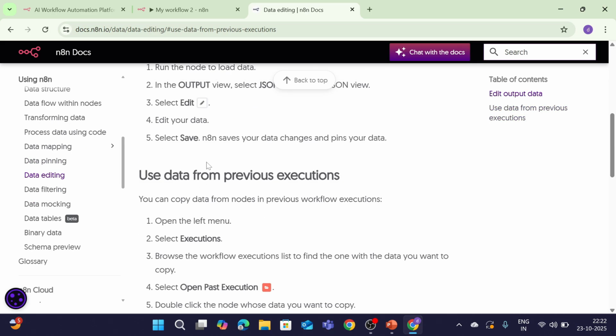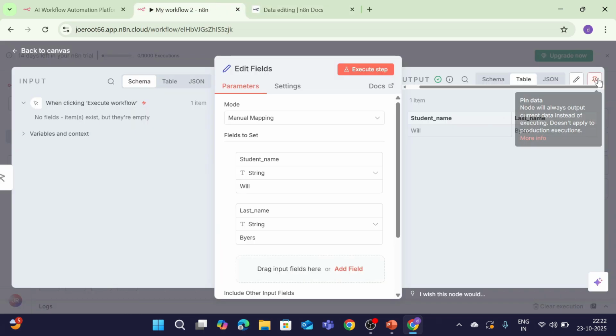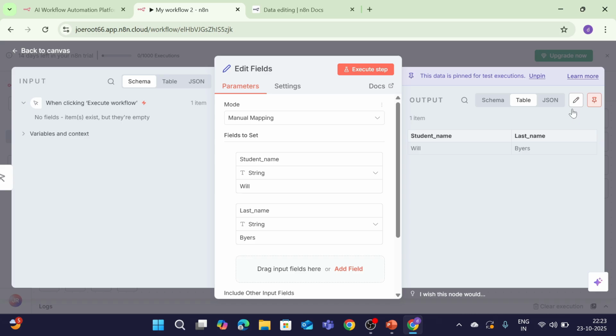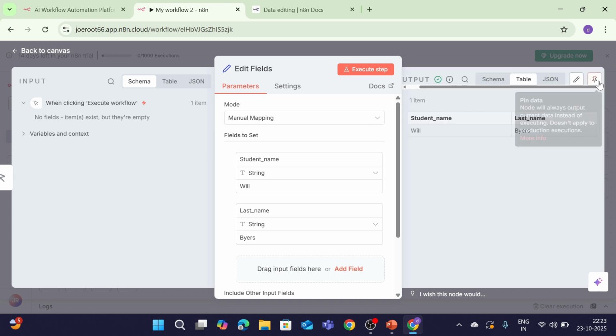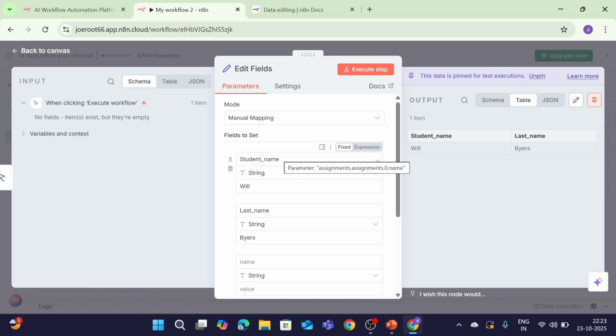Here you can see the steps, and here I will show you by pinning it. So here my data is pinned, and as I said, the tab becomes orange. So you can see that it's already pinned. So if I perform several things here, it will remain pinned. Like if I change